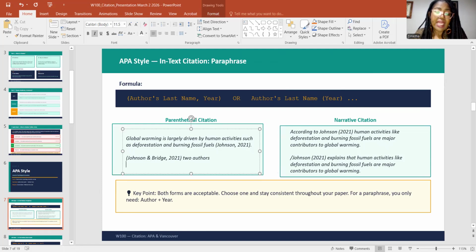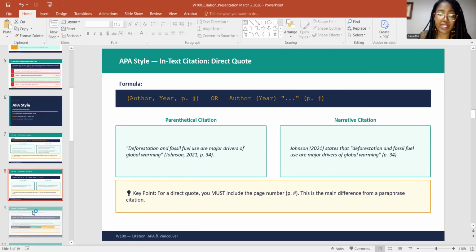If you have 3 or more authors, that's going to take up space, so we often say Johnson et al., which means and others. This is when you have 3 or more authors, and it's the same for parenthetical citation and the narrative as well. I hope that clarifies what the APA citation is when it comes to paraphrasing.